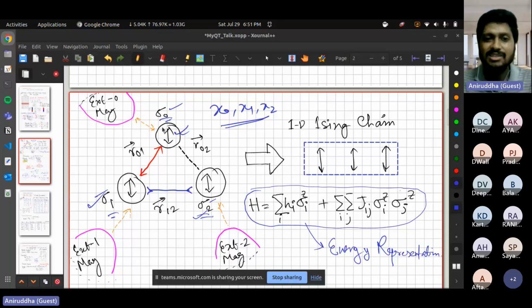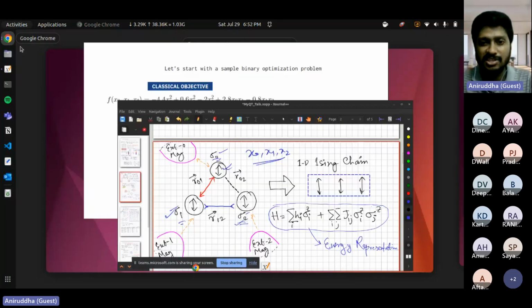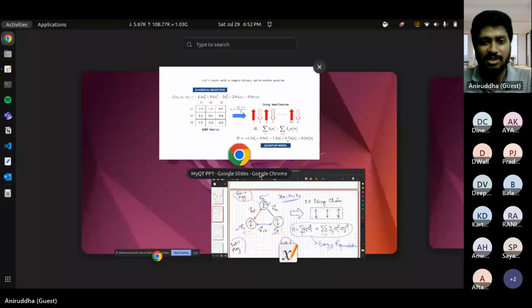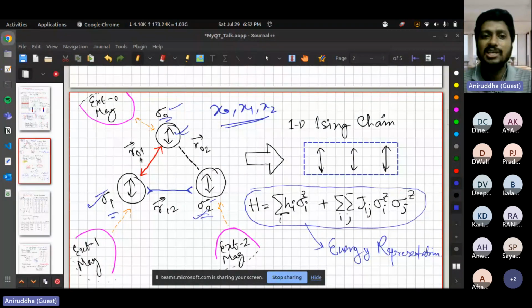Now you know the energy between the two spins or the two magnets varies with the distance. You can tune the distance to get a specific energy interaction, right? If you have a mathematical formula, or you must have calibrated your hardware already. So if this is the distance, this will be the energy. Now you want to attain this energy. The value of the energy is plus 0.7. To attain plus 0.7, you can tune your distance in such a way that the energy between these two spins will be plus 0.7.